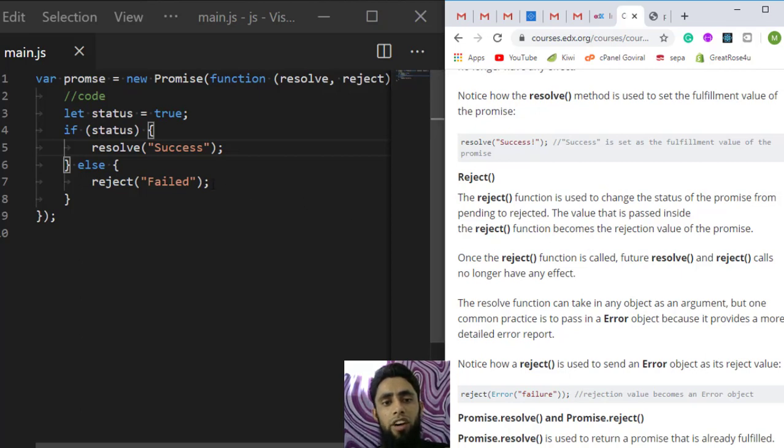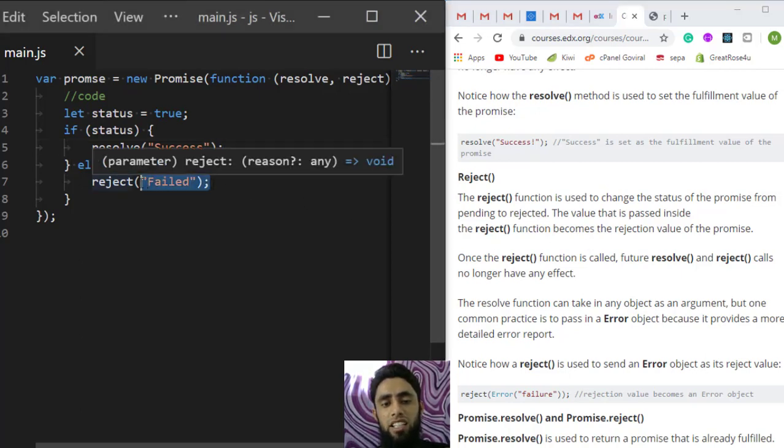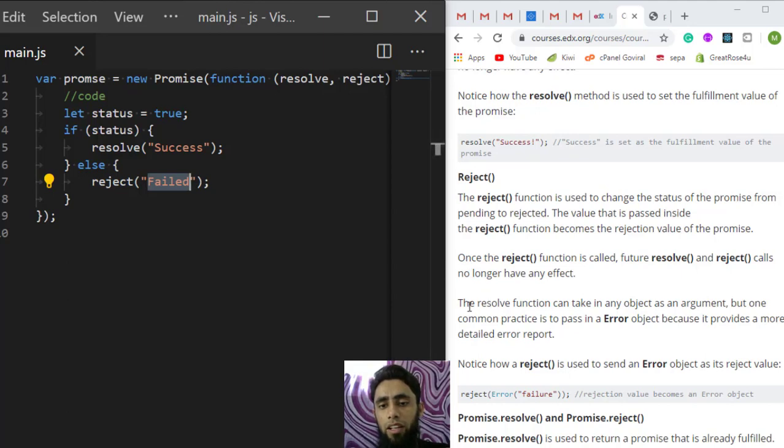We will be notified by this message that we unfortunately failed in the execution of what we were expecting. Once the reject function is called, future resolve and reject calls no longer have any effect. Of course, this would also be the last statement of this promise, so from then onwards we cannot execute any statements in this else part specifically, or maybe in this if part.